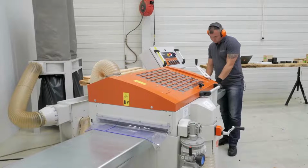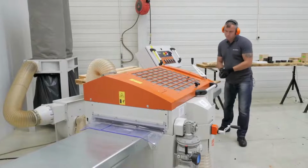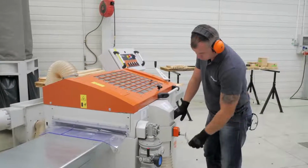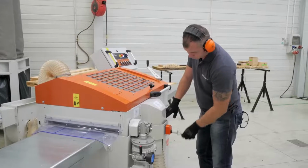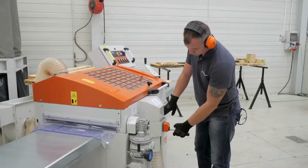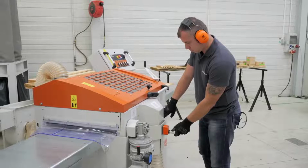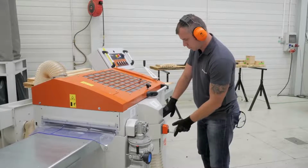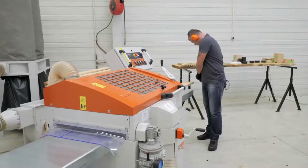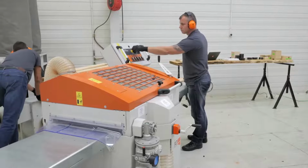Now the operator is checking the width of the board. Okay, that's set, and he's setting up the side cutter position, and there's a mechanical counter as well to help out with reading of the settings. Okay, you can fine-tune that. The machine, the top cover,